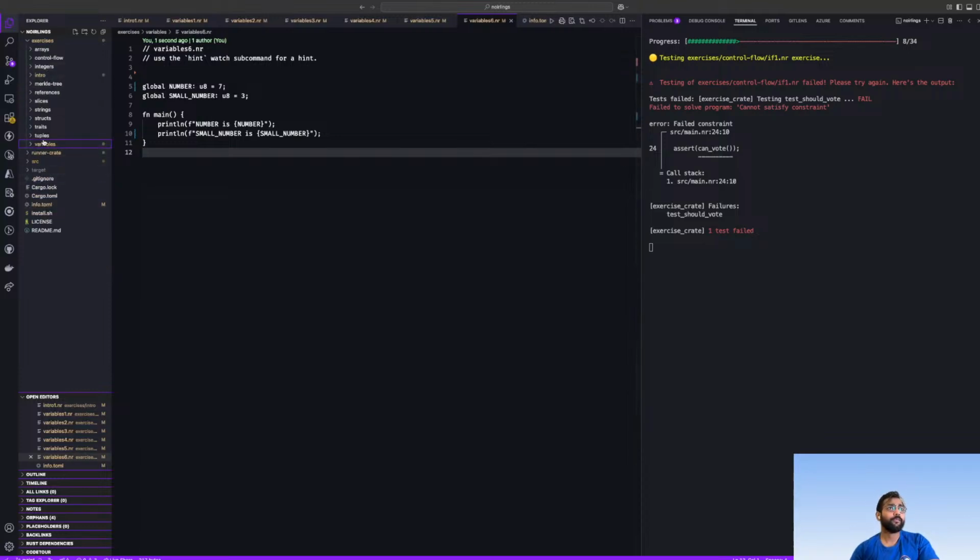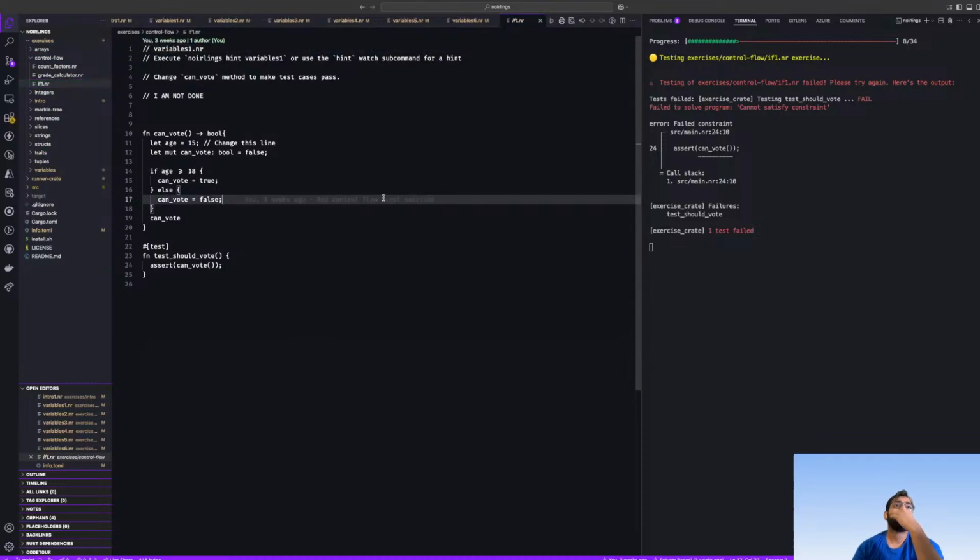So where can we go in control flow? Okay, in control flow we have this: let age equals 15, let mut can vote. Okay, change this line.